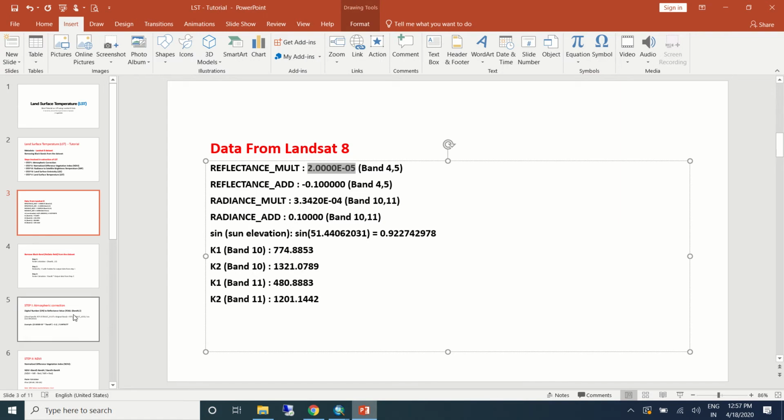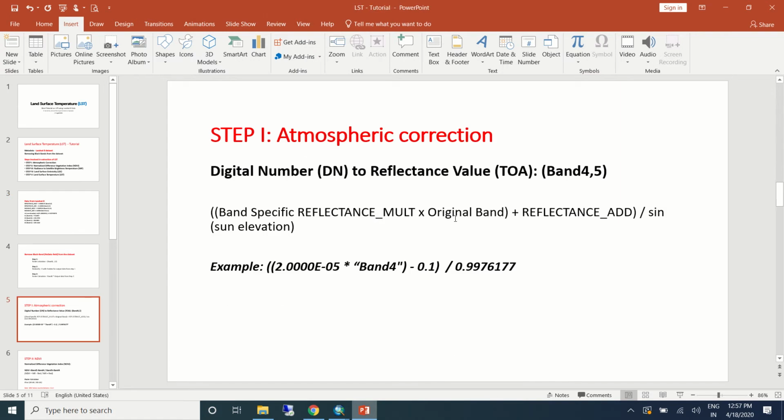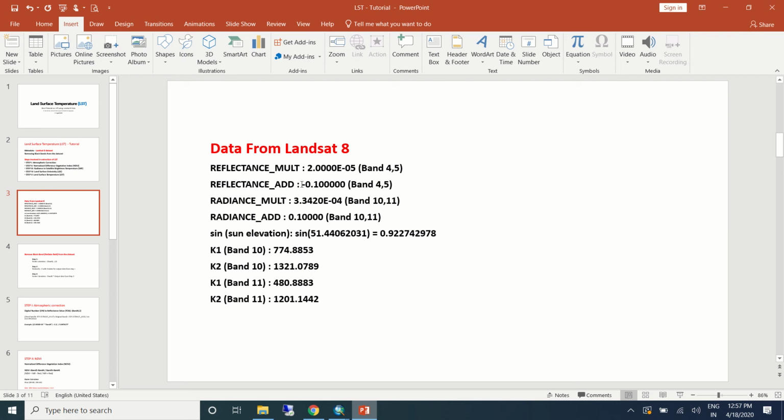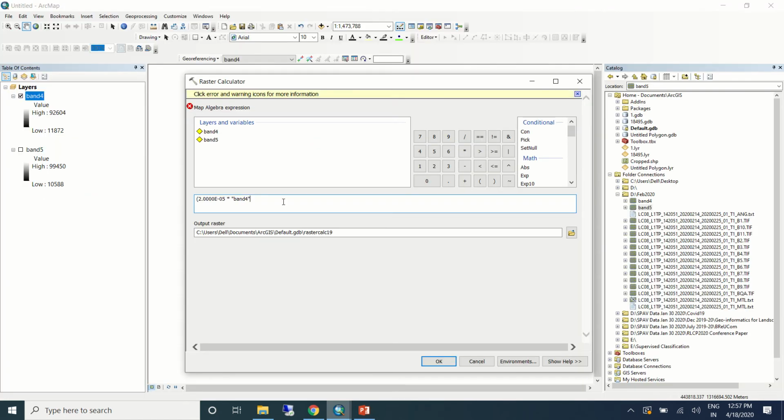If you see, the formula is multiplied by reflectance value multiplied by original band plus reflectance additive value. So the reflectance additive value is minus 0.100. So I'll copy this. Put a bracket here. Minus 0.001. Close bracket.